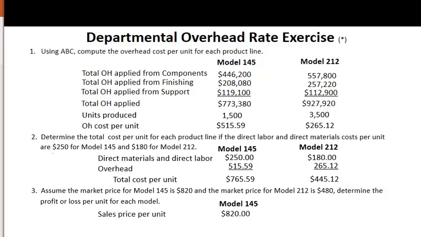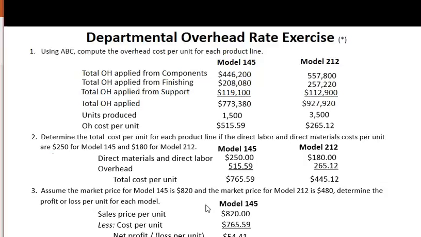Now we're going to assume the market price for model 145 is $820 and model 212 is $480, exactly the same data that we had before in our previous example. So for model 145, the sales price per unit is $820. From that, we subtract our cost per unit of $765.59. Unfortunately, this slide in my presentation has slipped, but the net profit now for model 145, if you can see part of it, is